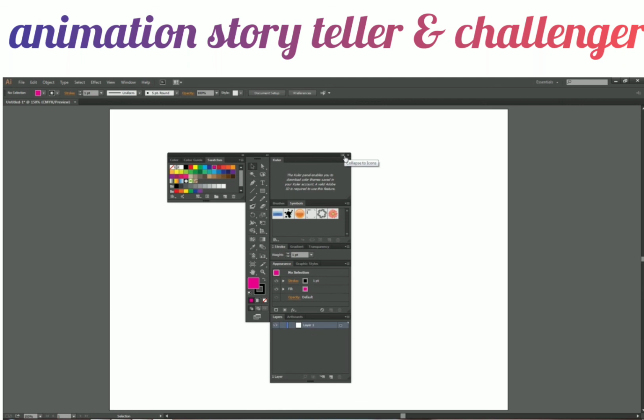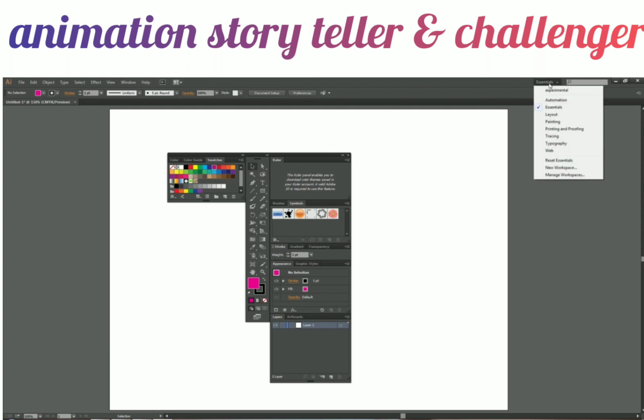Now it may happen to you that sometimes it will be a complete mess if you are trying to do something with the layout and workspace, and you make a complete mess out of it, like I just did, and I don't know what to do now. How should I handle all this stuff? So there is an option when you go to the top right hand side of the window and it says Essentials.